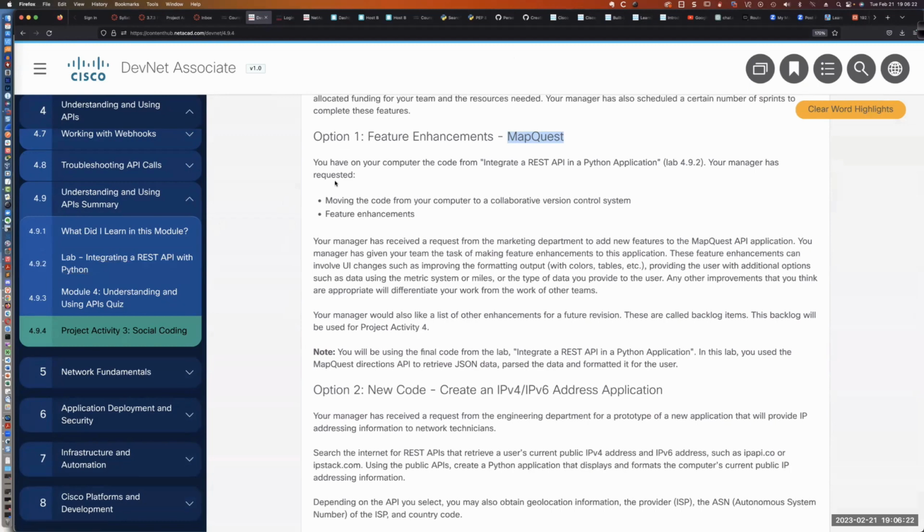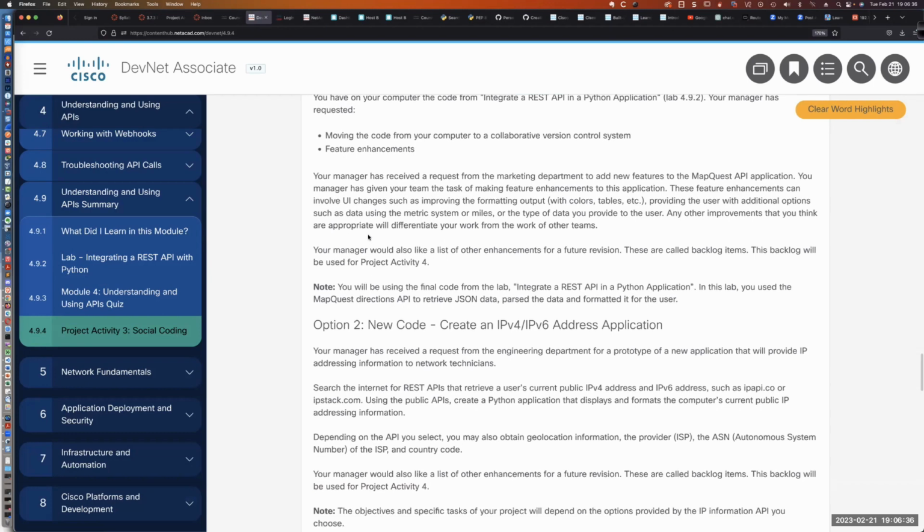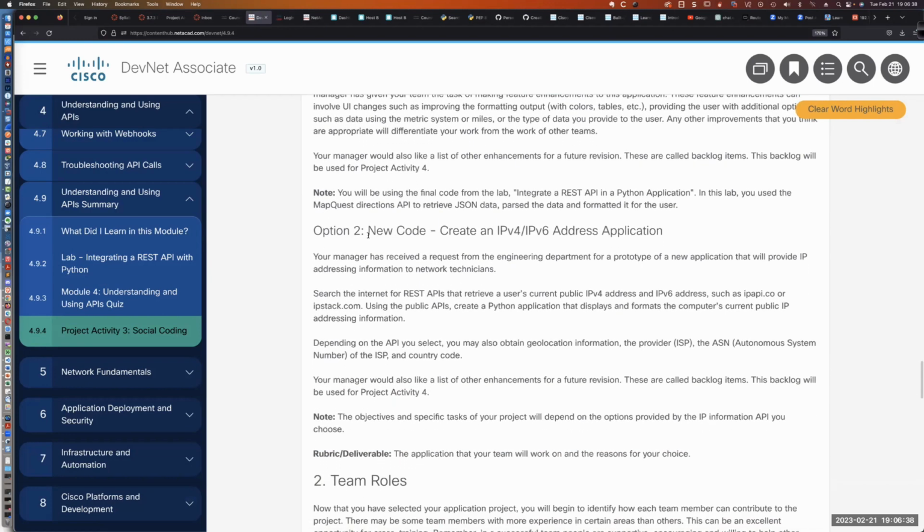So you'll have an option. Option 1 is you and your group can build on the activity in 492 and maybe provide some additional information of some kind, right? Now, if you decide to do that, that's great. If not, option number 2 is you could come up with totally new code. And you can see they give you the little scenario here that you're going to do some IPv4, IPv6 address